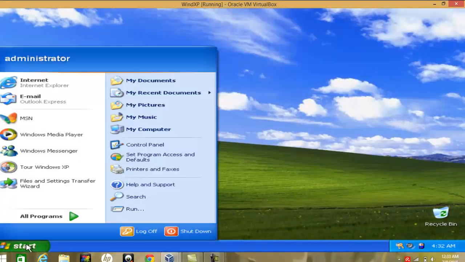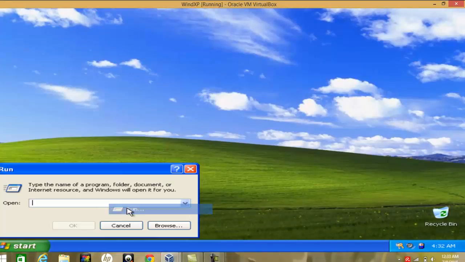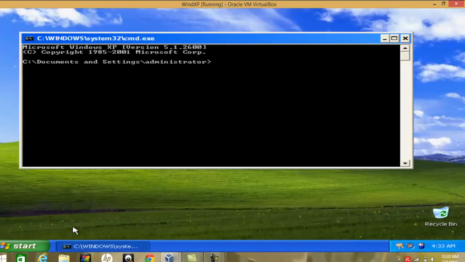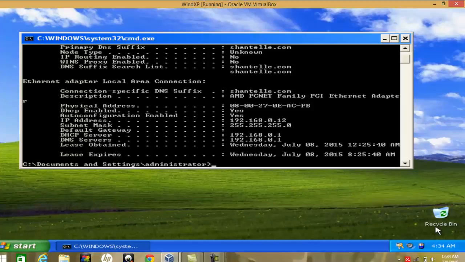And lastly, XP, run CMD, okay, and again ipconfig, enter, and for this PC, which is XP, the address will be .12. Release date 10, and when it expires,